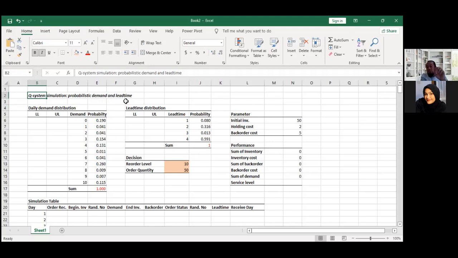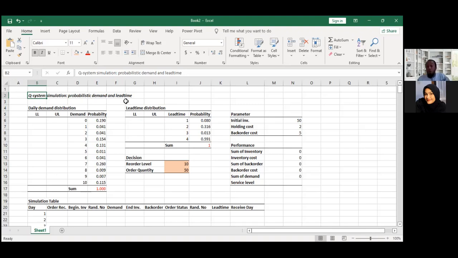For example, when we do online shopping, we can estimate when to receive our order. But sometimes if there is some disruption, then the lead time will be longer, or sometimes shorter. Sometimes I expect to receive my order 2 days later, but sometimes I receive it after only 1 day. It means the courier is very good, and maybe the load is not very high. But sometimes I receive it after 4 or 5 days. It means that the lead time is sometimes dynamic.